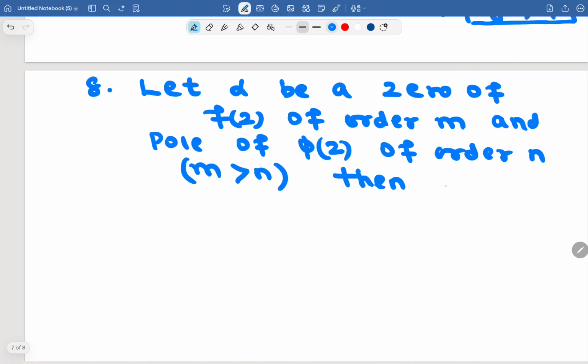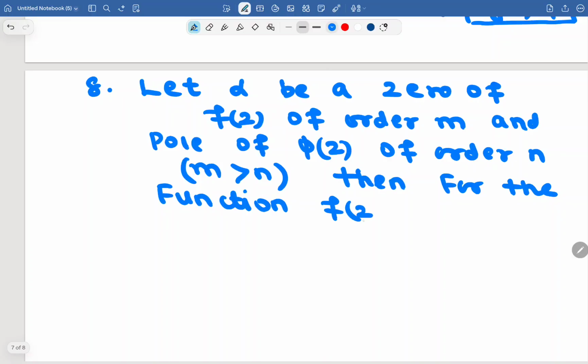Then for the function f of z pi of z, alpha is: option A